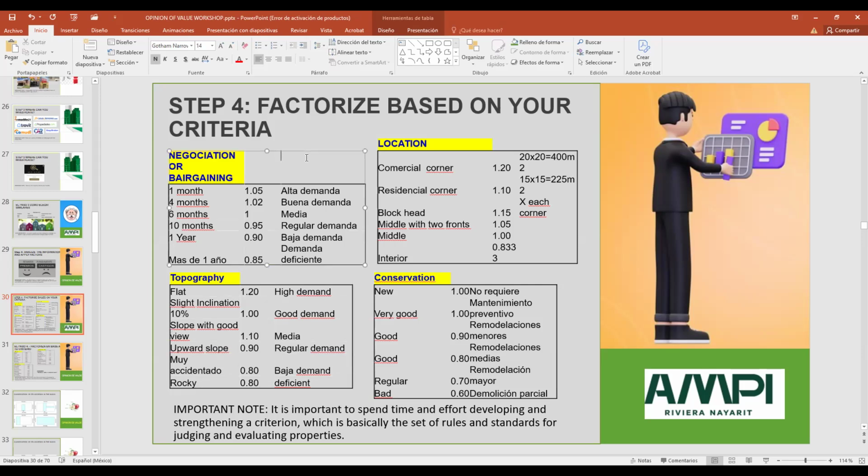Negotiation, if you know, because yes, actually you know when a property,